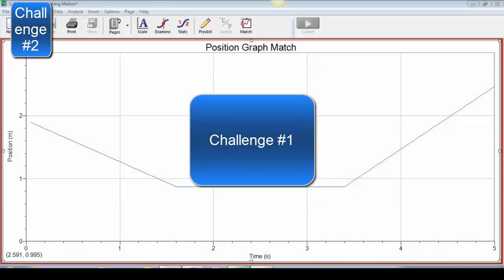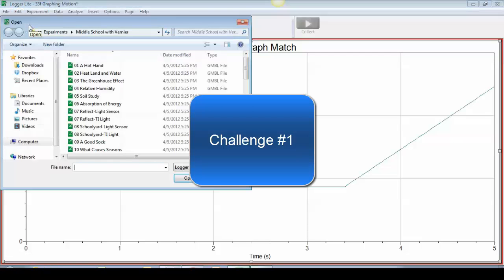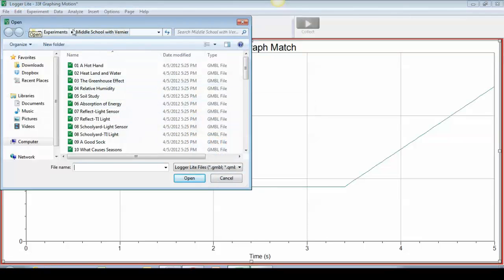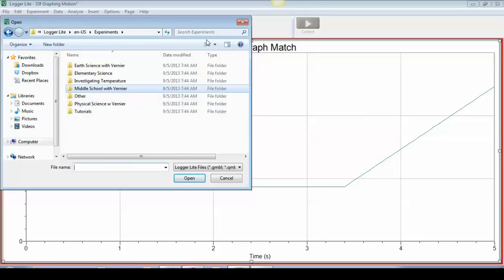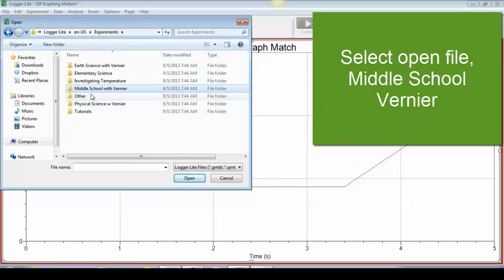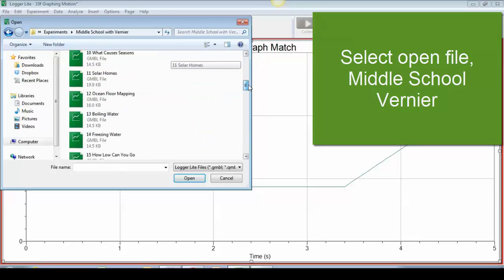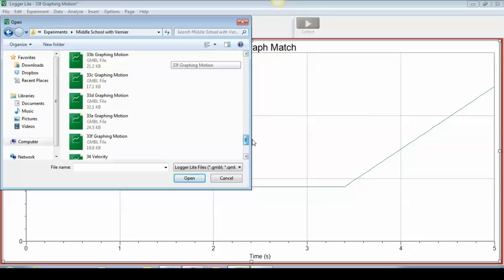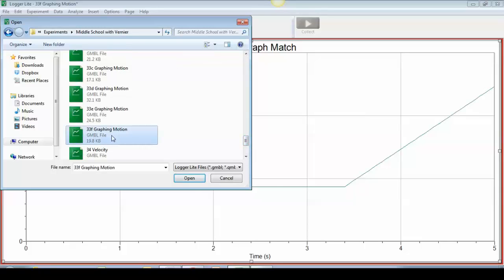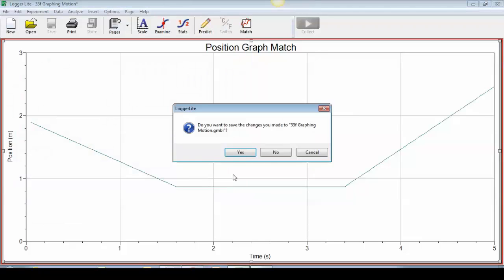Alright, so what we're going to be doing, if you are at the main screen, and you go to File, and you click on Middle School, you want to make sure that you scroll down today to 33F. So that's the one we're going to use today. And when you go ahead and click it open,